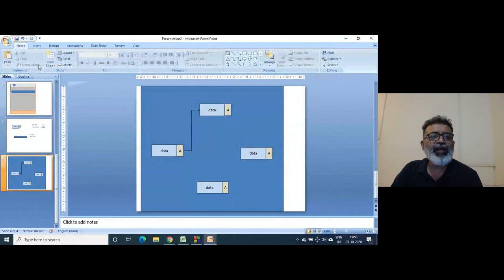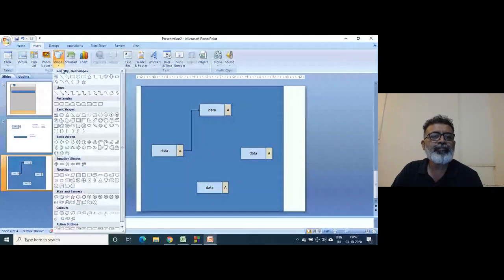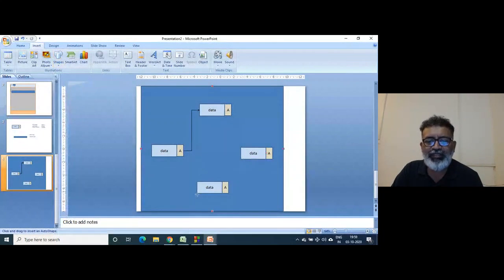When you add the third element, the address of this is stored here.